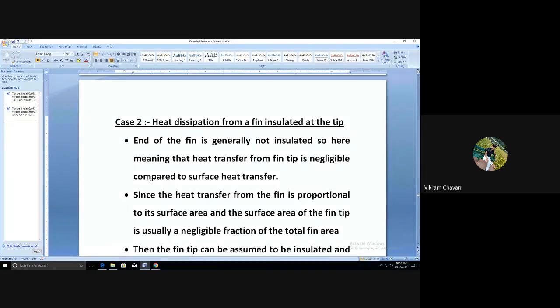Write down: end of the fin is generally not insulated. So